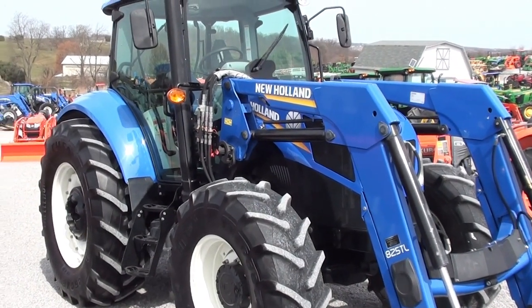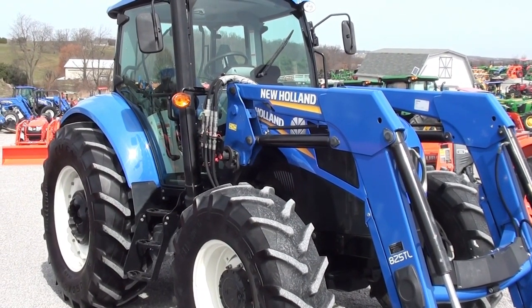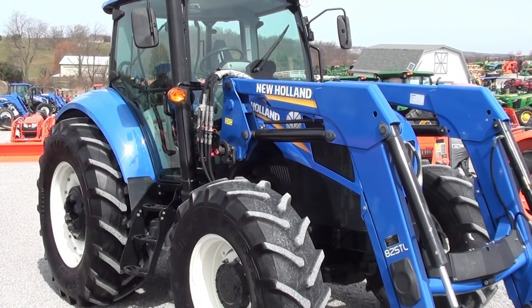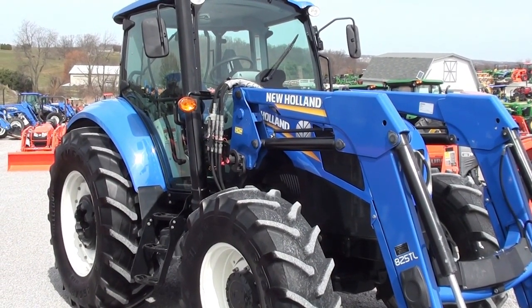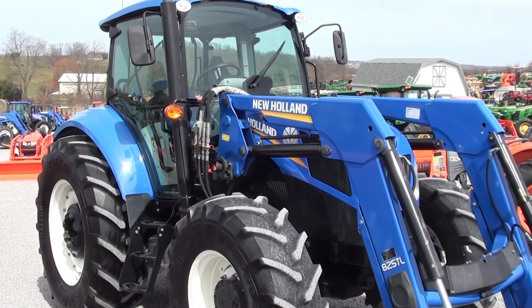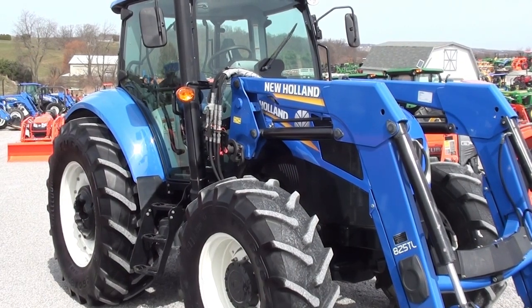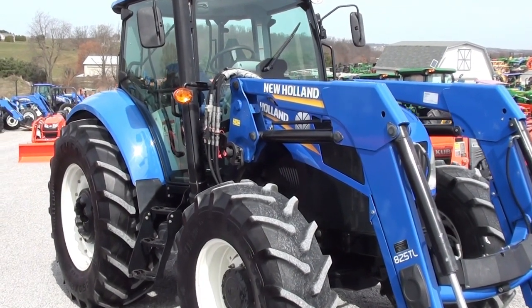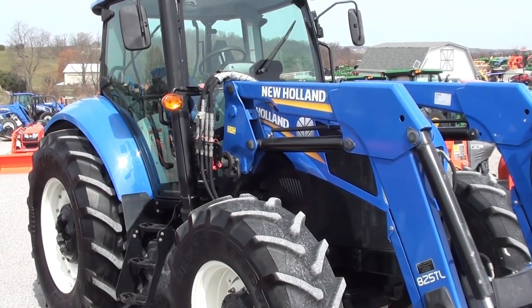Today we're showing you a 2013 New Holland T5.105. It's a four-wheel drive cab tractor with a New Holland 825 TL quick attach front loader. Tractor has just under 300 hours on it, so it's a very, very low hour tractor. The tractor also is pre-DEF. It does not require DEF, but the engine will regen, so it will go through a regen process, but again